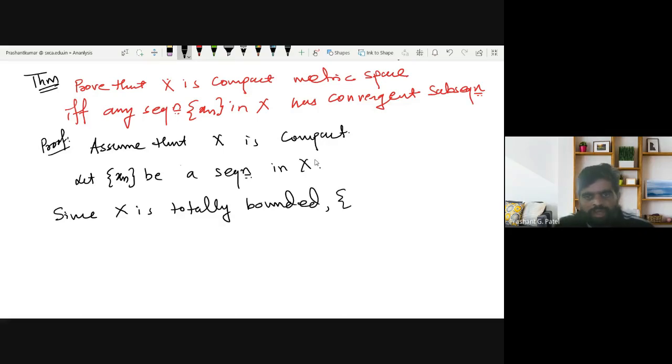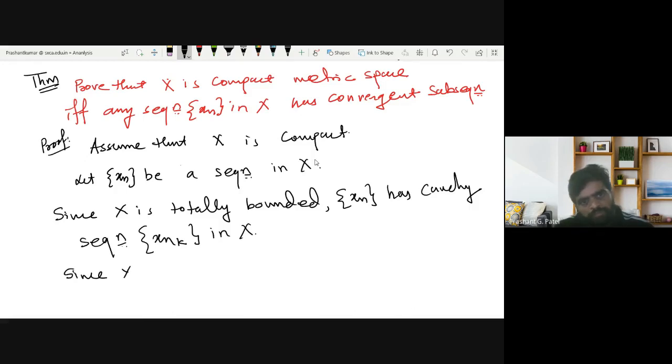So we can say that xn has a Cauchy subsequence xnk in X. And since X is complete, because compactness implies completeness and total boundedness, and this xnk is a Cauchy sequence in it, the definition of a complete space says that every Cauchy sequence is convergent,